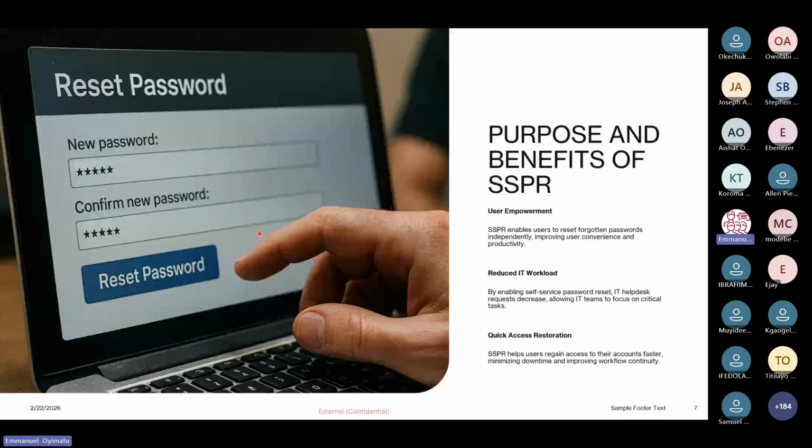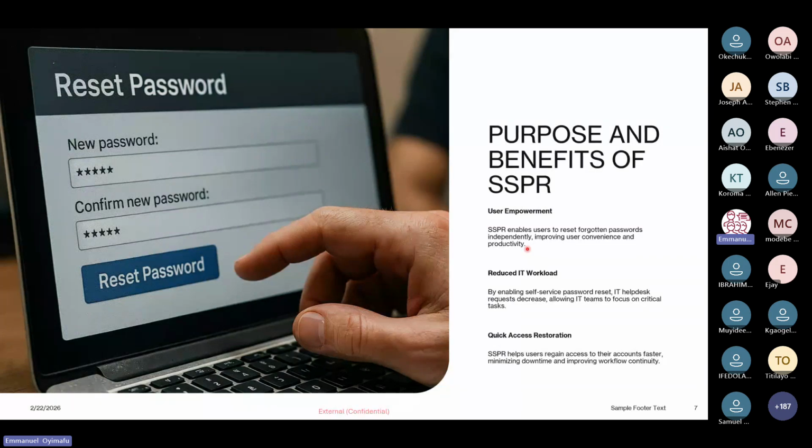So what are the benefits of self-service password reset? It provides user empowerment. Self-service password reset allows users to reset their own forgotten passwords without contacting IT or the help desk. So what it does is reduce IT workload and help users get back to work faster. Okay, let's use this scenario. Let's say I'm working in MTN Group, and I'm a sysadmin in MTN Group. You know, MTN has a lot of staff. And maybe in, let's say, 3 minutes, I receive a task to reset passwords for like 20 people